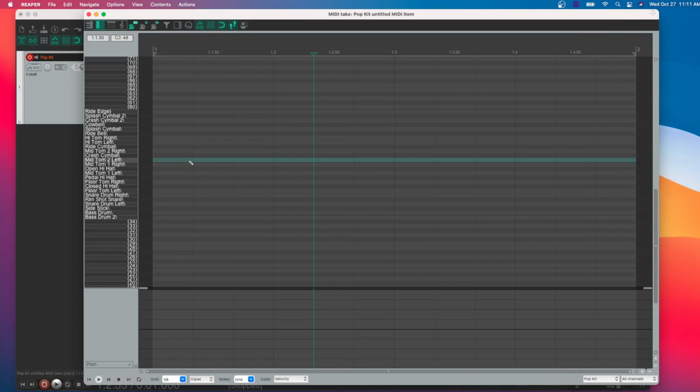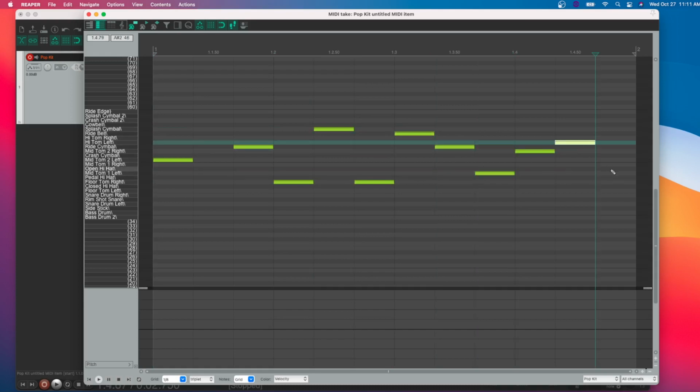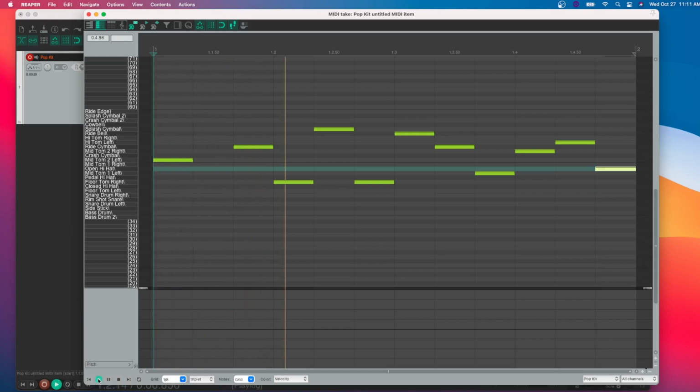Okay, so without using a keyboard, you can just double click on any note you want, and you can just kind of draw a pattern here, let's say, and you can just kind of experiment. Okay, and then you can go back and play it back and see how bad it is. Now it's kind of nice to have the toggle repeat on, because then you can hear it as you write it, basically. So for example,